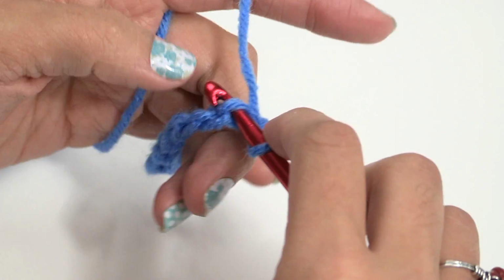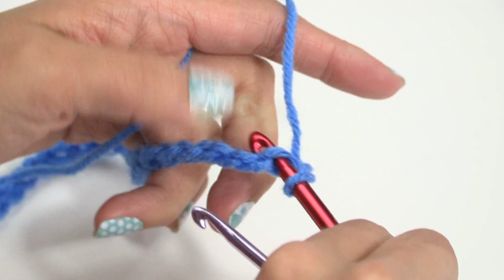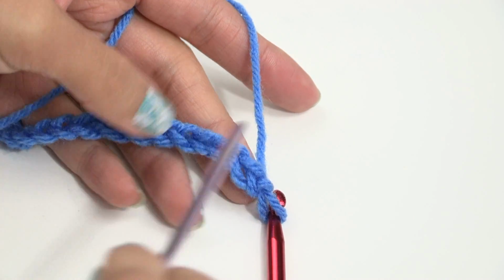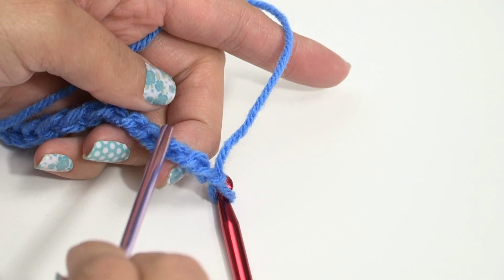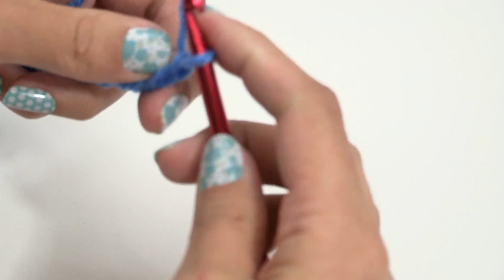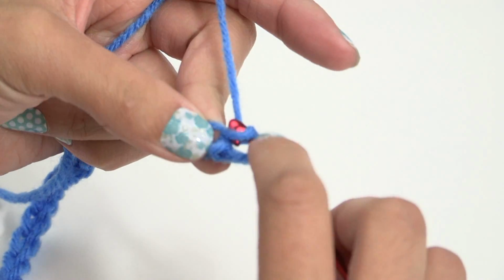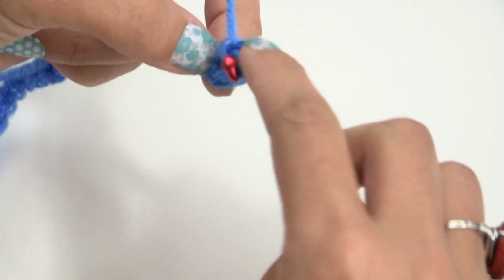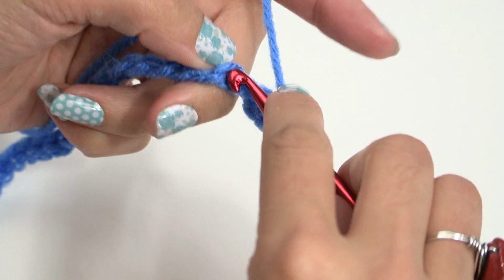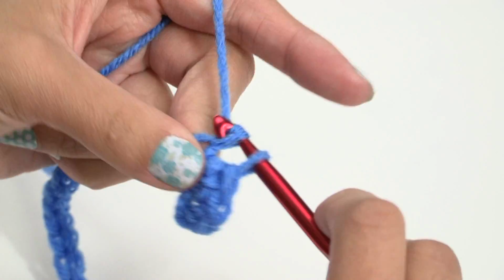Okay, if you've seen my other videos, you know what that is, but I can show you here. Usually we work in these stitches like this, but I'm turning this toward me and working in these back ridges here. Okay, so just single crochet twice in the second chain from the hook, right here, 1 and 2. So twice in there, and then single crochet once in each stitch across until the very